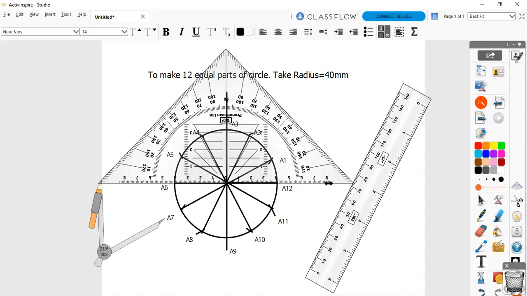How much angle it should have, you can see from point A12 to A3, it is having 30 degree, right? You will be able to see it is having 30 degree angle. From A1 to A2 again it is 30 degree. From A2 to A3 again it is 30. So 30 plus 30 plus 30, A12 to A3 it is 90 degree. So each point contains an angle of 30 degree.